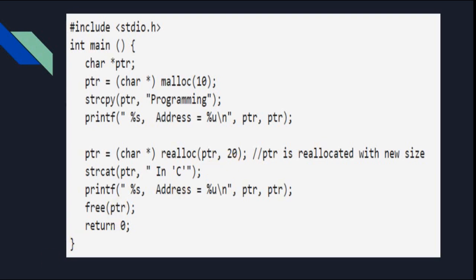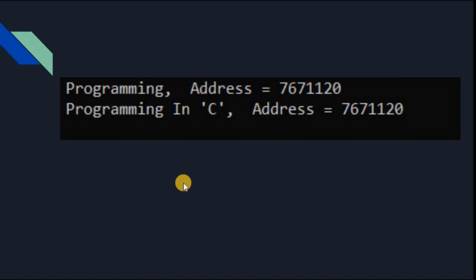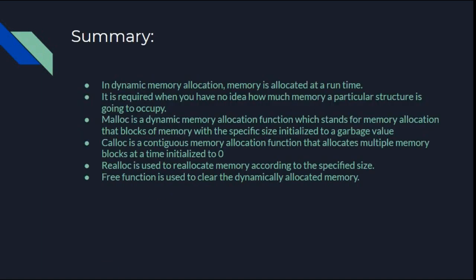So after executing the function, the pointer will be returned to the first byte of the memory block, and the new size can be larger or smaller than that of the previous memory. This function will copy all the previous data in the new region which has been currently allocated. It makes sure that the data will remain safe. Now looking at the output, you can notice that the address remains the same, but the size of this has been increased by 10. With this, we have come to the end of the seminar session.